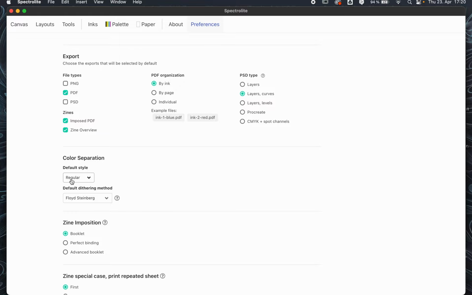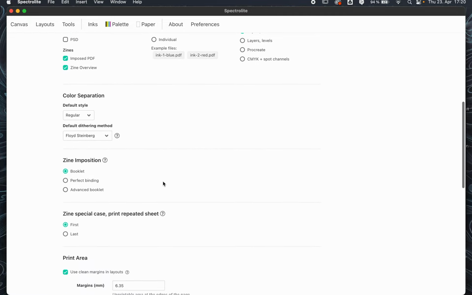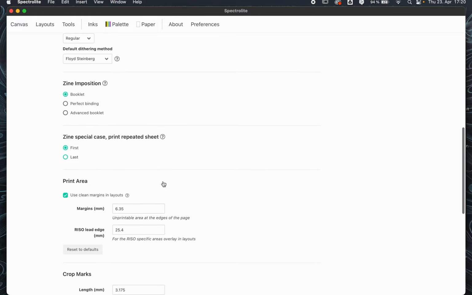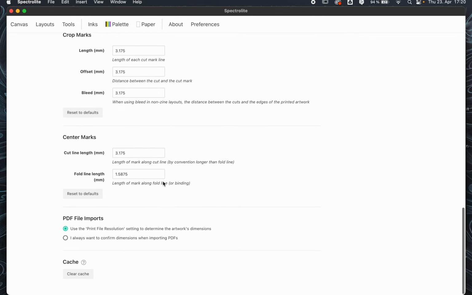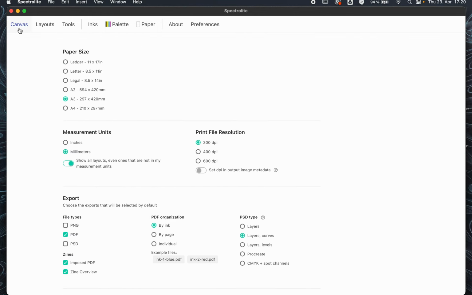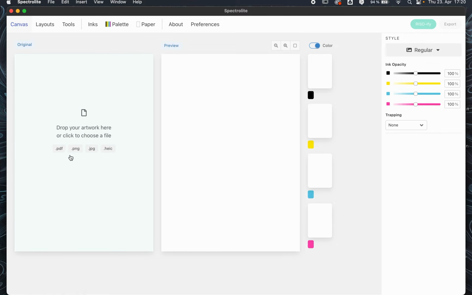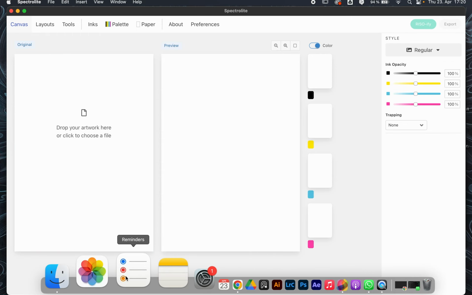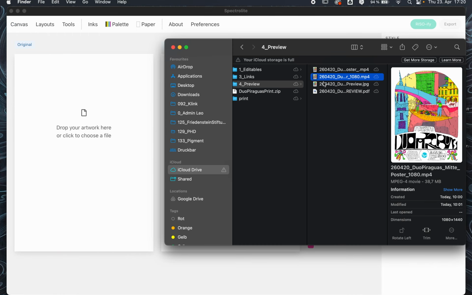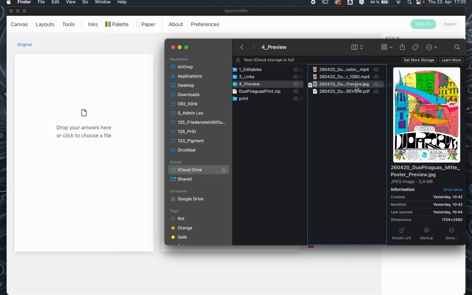And then here we can just leave the regular default style color separation, and yeah, then we are ready to start. Let's go back to canvas, and then here it is just as easy as dropping the art over there. I have the image that we worked on in the three previous purposes. From here I also have a JPEG or a PDF. I will just drop my JPEG, it's in 300